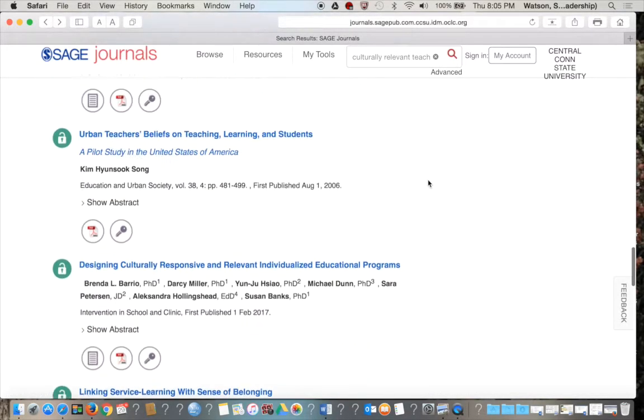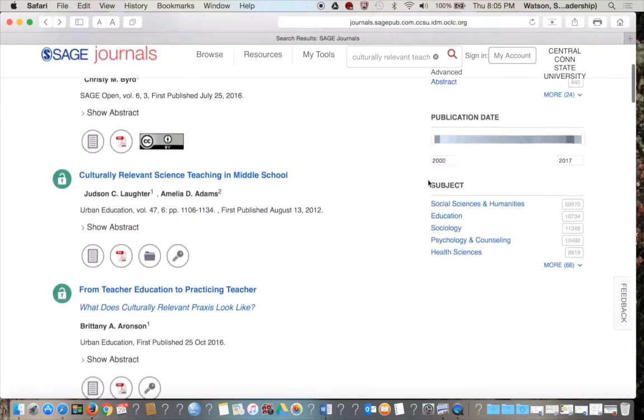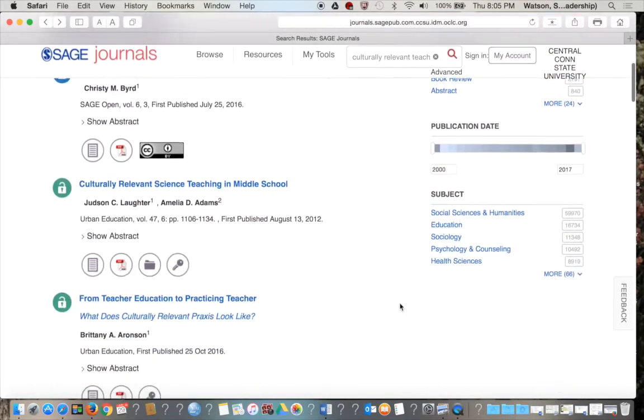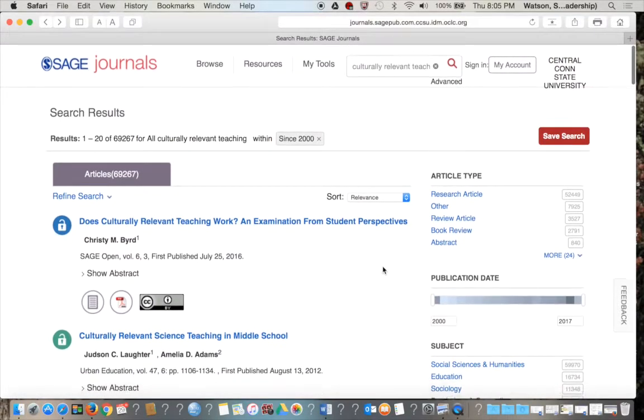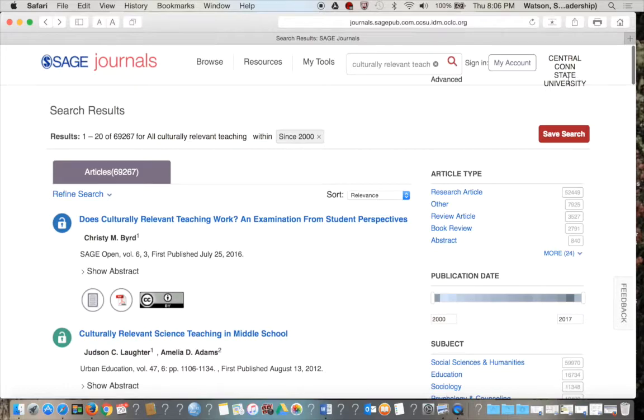Basically what you want to do with a particular set of terms is, sometimes you'll put terms in and they won't bring up what you're interested in, and that's probably an indication that you don't have quite the right search terms that you're using yet. So sometimes you have to experiment with the language a little bit. So again, this one, Sage Premier, and the first one I showed you, Education Sage Full Text, are good ones to use. If we go back